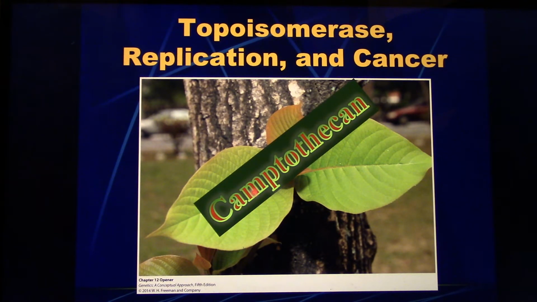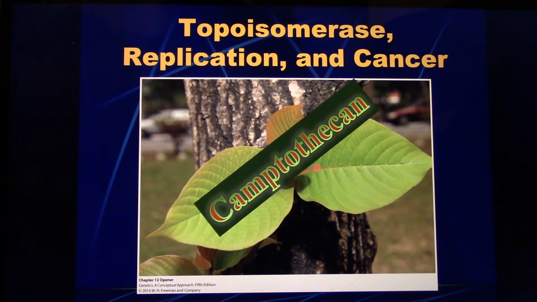And from the leaves of this tree we get a chemical called camptothecin that was used successfully to treat cancer in model organisms such as mice, and then moved to humans to treat things like ovarian cancer and leukemia first. The only problem is it had some bad side effects. So not only did it kill cancer cells, it killed a lot of other cells too, which made the patients